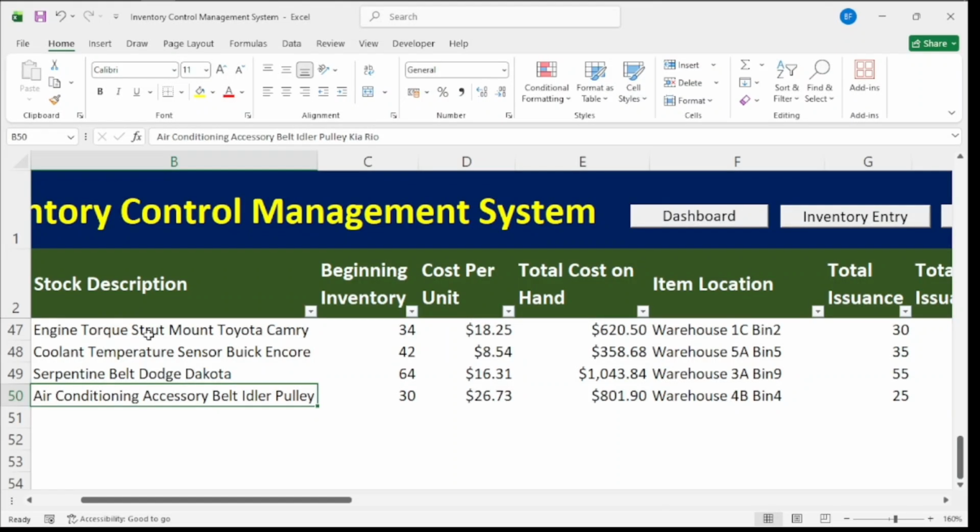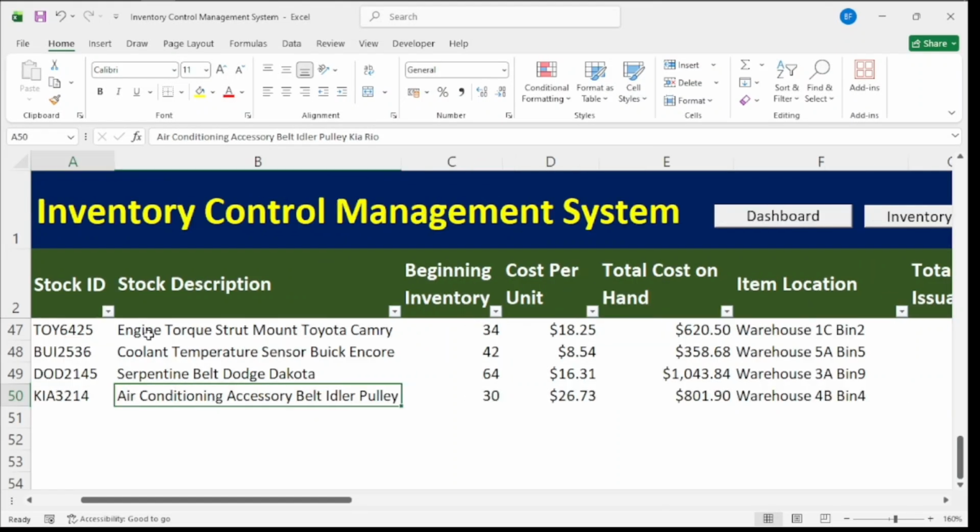Hey everyone, today I'd like to show you this inventory control management system, the system that I have designed for you. This is very important in terms of maintaining your stocks. If you own a company and you have lots of stocks in your stores or in your warehouse that you have to maintain, and there's a steady flow of stocks in terms of outgoing stocks, in terms of incoming stocks,